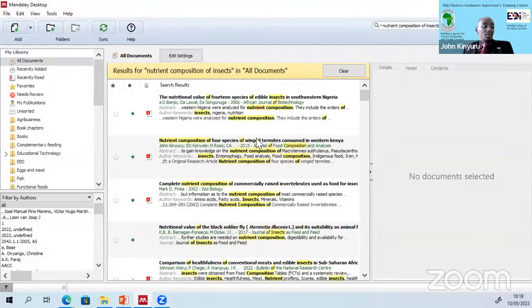In your database, because a database like this that I've built over 10, 15 years has so many papers. Okay. So I want to specifically look at papers published by Evans, I want papers published in Kenya or in Europe, I can simply do a quick search